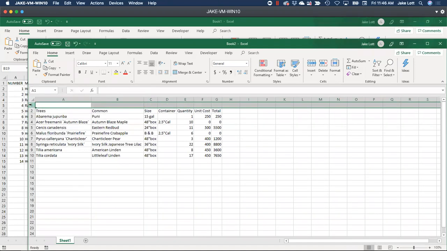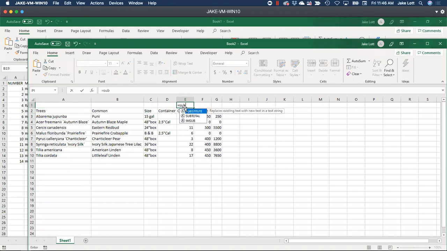I'm going to insert a row above, and I'm going to use a formula that is just one of my favorites, from a cross-checking standpoint. So I'm going to type equals, and that's subtotal. As soon as it comes up, I can hit tab or double click it to accept it. But what I want is a sum, so I could type 9, comma, and the reference is basically where the numbers start to the end.